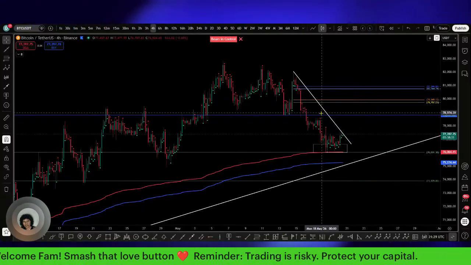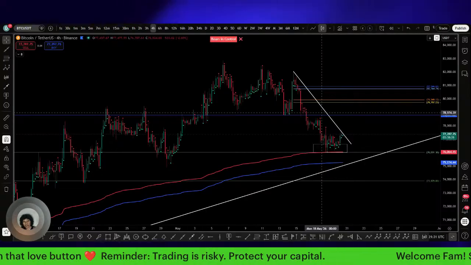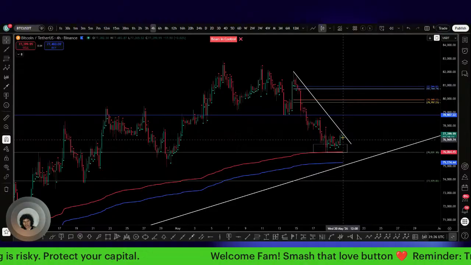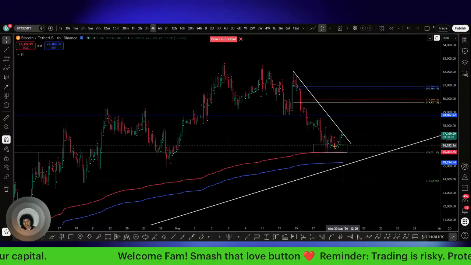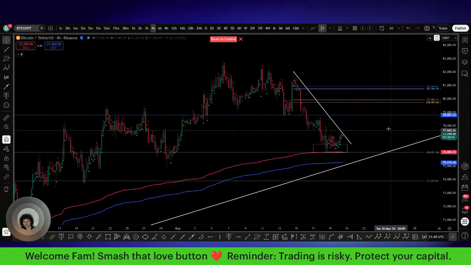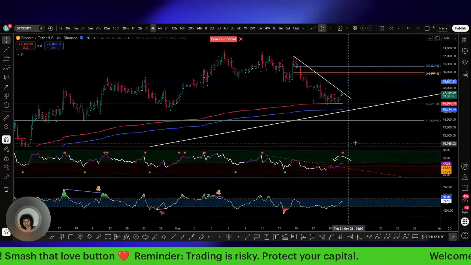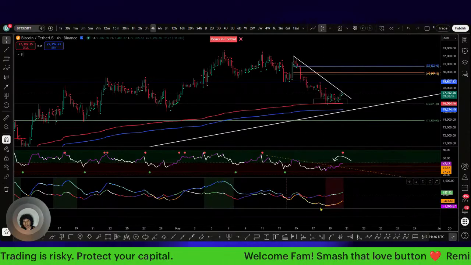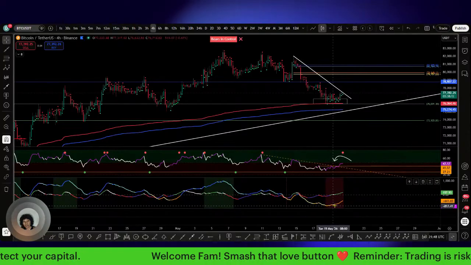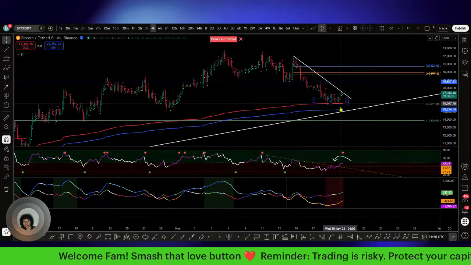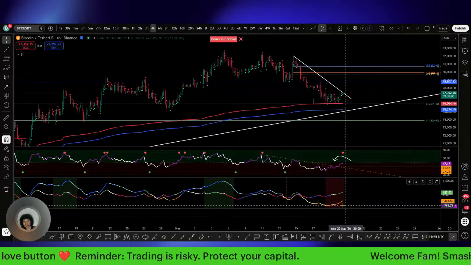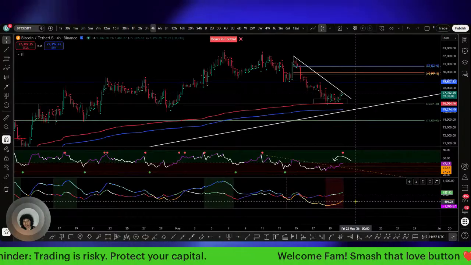Again, we are still just trading in between standard deviation 1 and 2, but it looks like momentum is attempting to push up. Doesn't mean you can't get any swings in here at the same time, because we've really been slowly rounding out through here. So I take that away and I look right here. You can see how we've been slowly rounding out, and we still chop up and down, up and down, but we slowly been trying to round out through here. Momentum continues to try to push up higher.